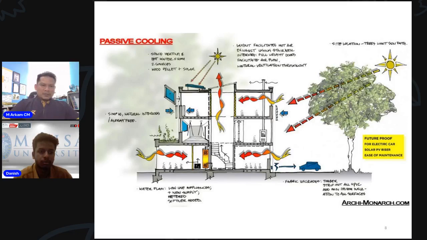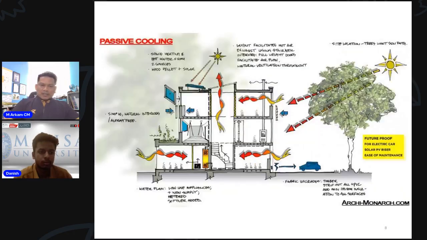So this can be done by using either direct cooling, cross ventilation or stack ventilation. They can be shown later from that reference as well. One of the advantages of having vegetation is at the right positioning, because we need to understand the sun path as well. So we'll talk about sun path later in this presentation today.